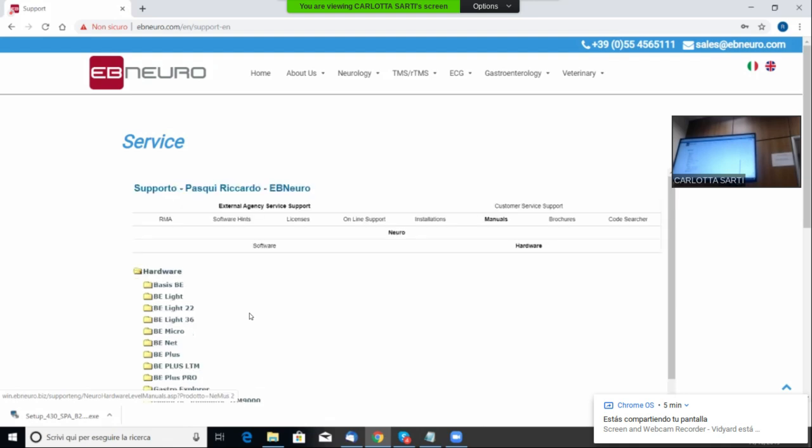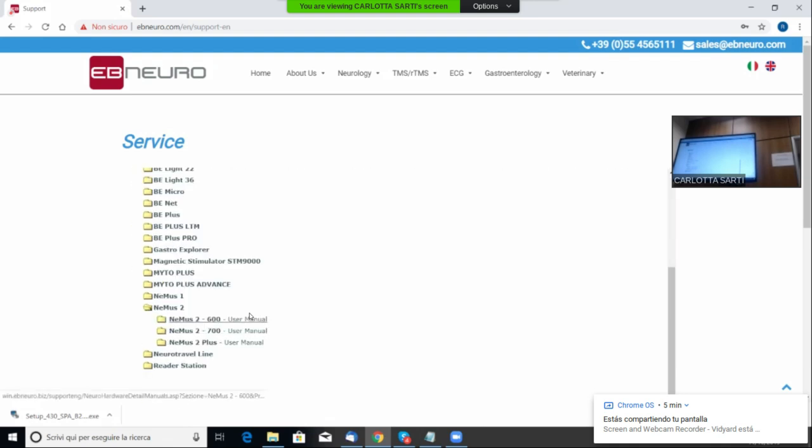Here, you don't find the new hardware, for example, because in a few months we will change this system. We still configure the new CRM, our CRM for the internal manual of the customer, the new software. And in the next years, we will show you how to manage all the information in the new software.